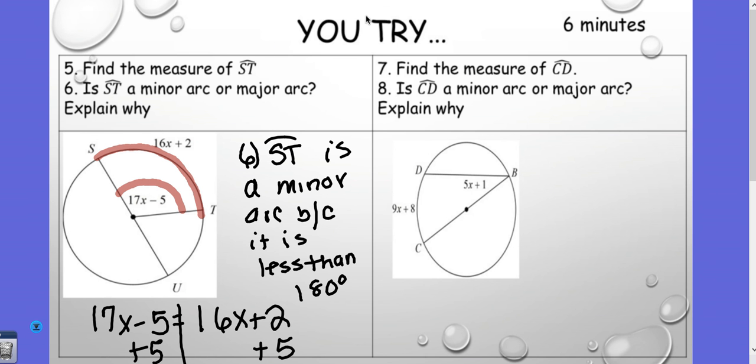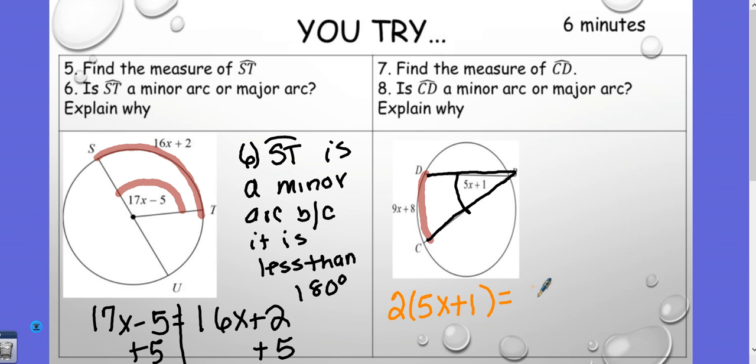Okay, here it says find the measure of arc CD. And okay, so it wants me to find this arc right here. And guess what? We have an angle that's going to match this. So if I line this up, here's the angle that matches it. So this is called an inscribed angle. So if that's an inscribed angle, there's a rule here. The rule tells you, if I double this angle, then I have this angle here. So you're going to say 2 times